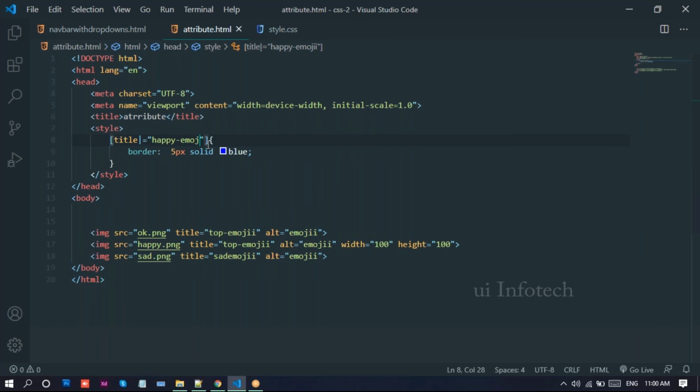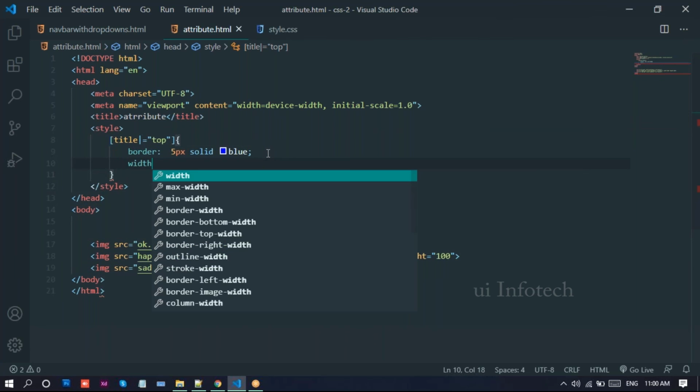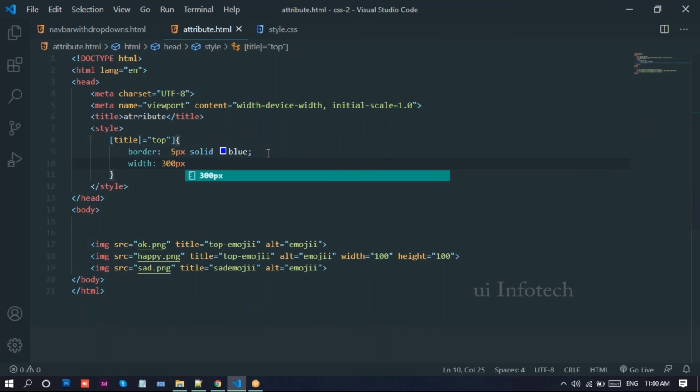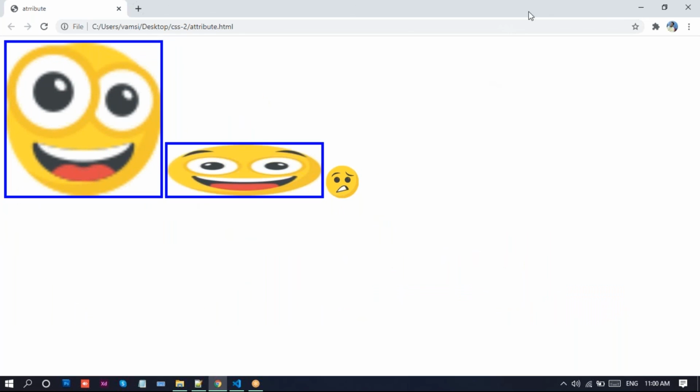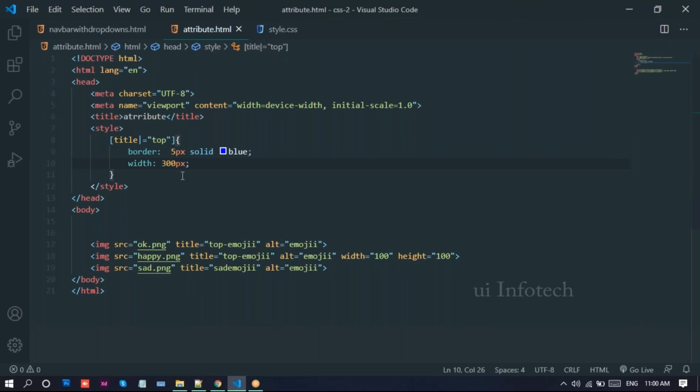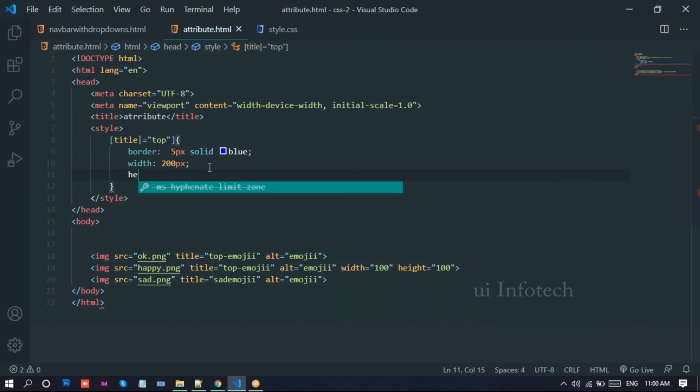And next we have, see here, we just try with this one. Top emoji. We just write top there, with 300 pixels. Now let me go to this browser and reload this page.